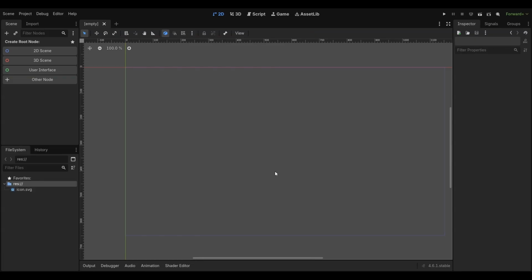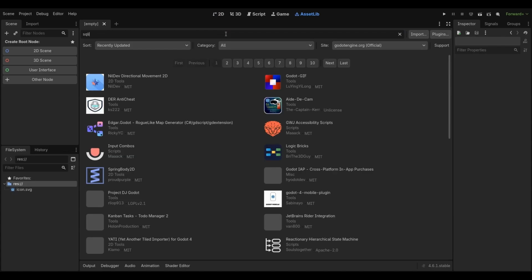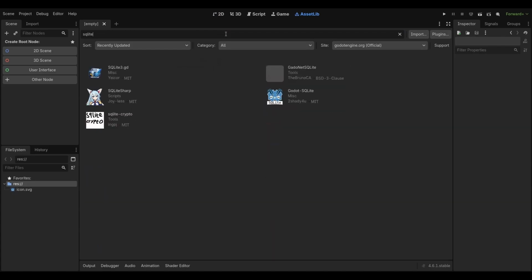Now I have created this new Godot project, and the first thing we need to do is to install the SQLite framework. So we need to go to the asset library and search for SQLite. That will show us a list of frameworks, and the one we need to install is Godot SQLite. Click on it, click on download,